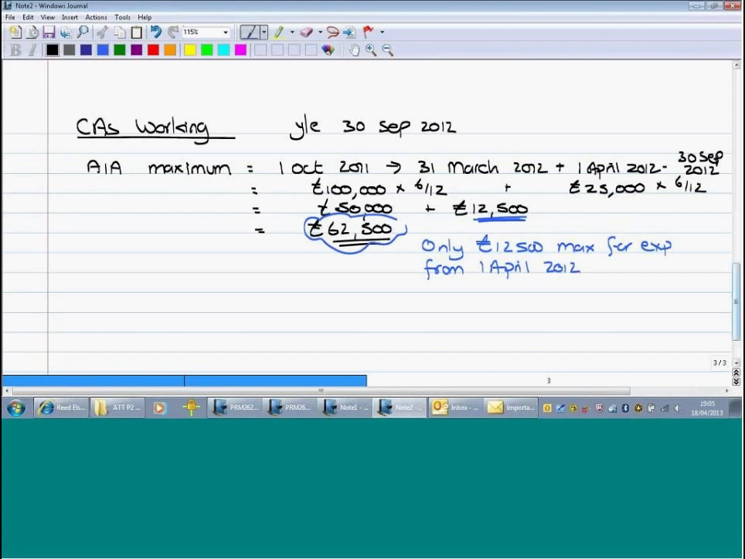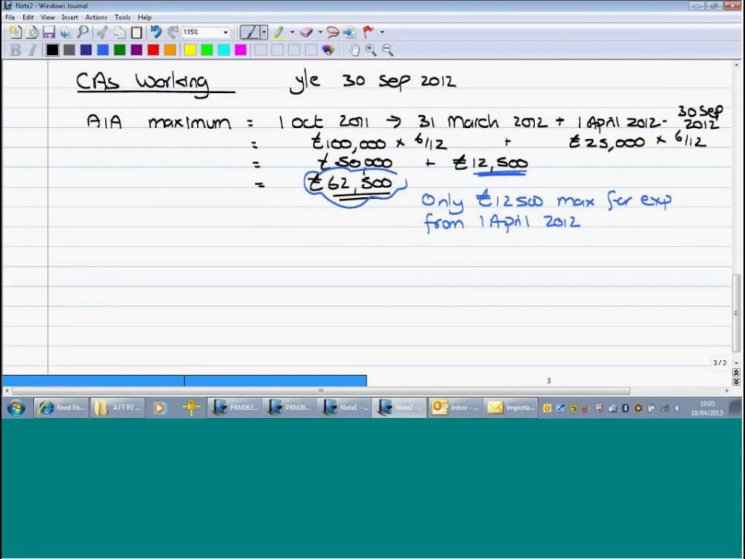Next, why don't we calculate the writing down allowance for the main pool, the general pool, because we're going to definitely need that. So we know that for the first 6 months, from the 1st of October 2011 to the 31st of March 2012, the writing down allowance we're going to care about, and if you need to, look on your tax tables on page 4, was 20%. So that's going to be 20% times 6/12, i.e. that's going to be 10%,